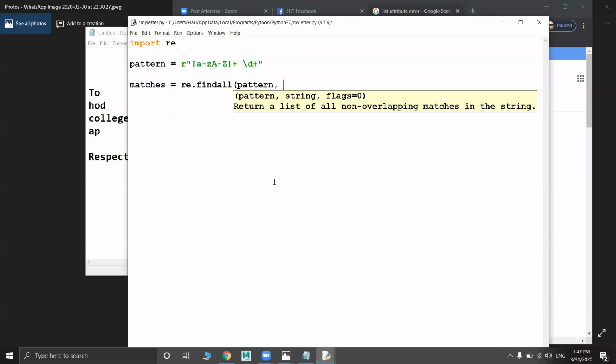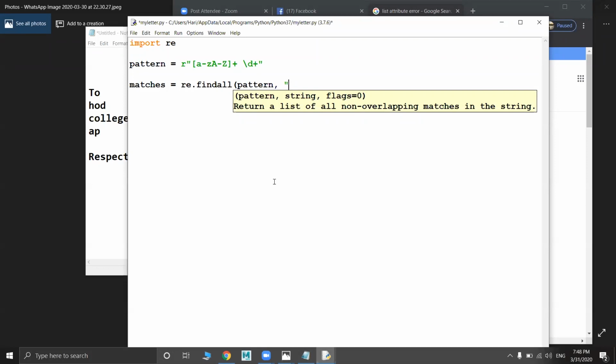Now you need to pass some string. What you need to pass here as a string, I have given the pattern. What did I give? Small a to z, capital A to Z. That means you can have small letters with a combination of capital letters, anything. Any number of letters in a word, and then you need to have some space. After having the space you need to have some numbers. So wherever the pattern is matching, you will get the extraction of that pattern.